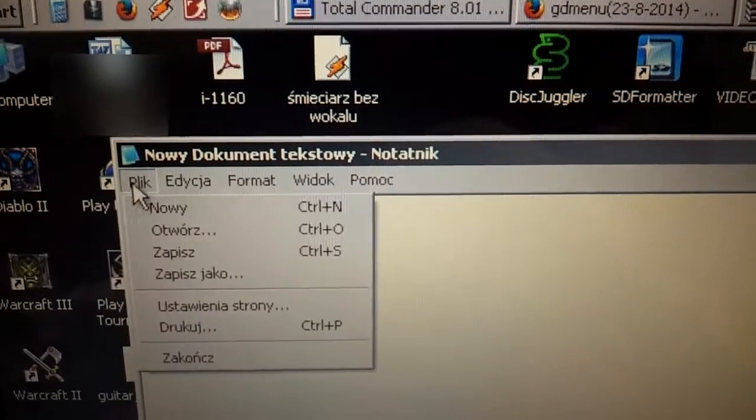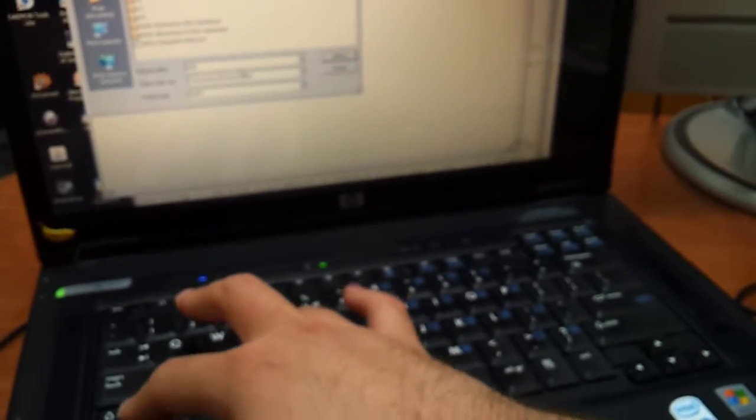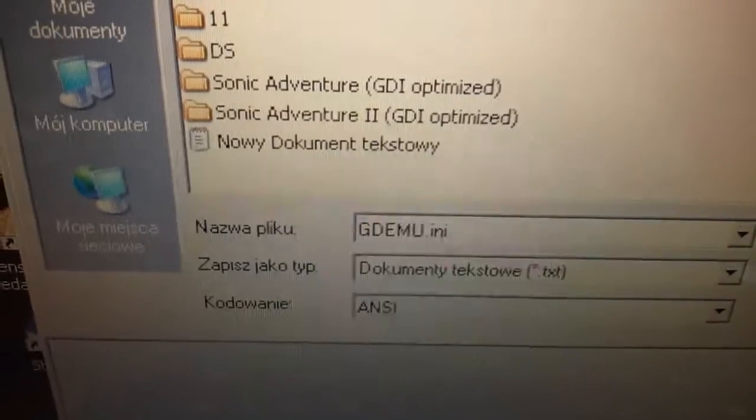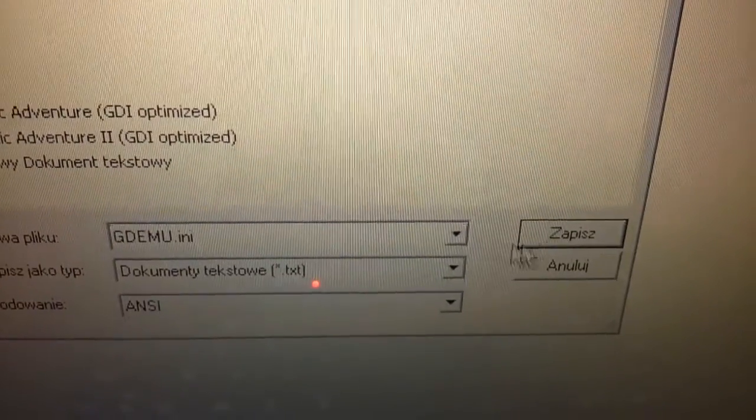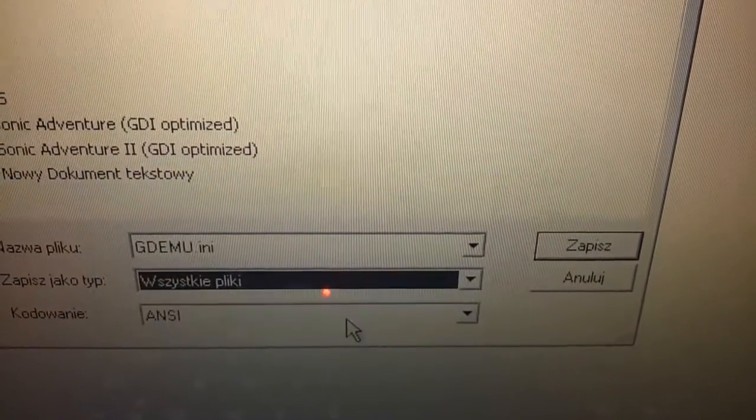Now we want to save this file as an INI file. To do that, first of all we need to rename the file to GDEMU.ini using capital letters like this, and we need to change the type to all files. Now click Save,